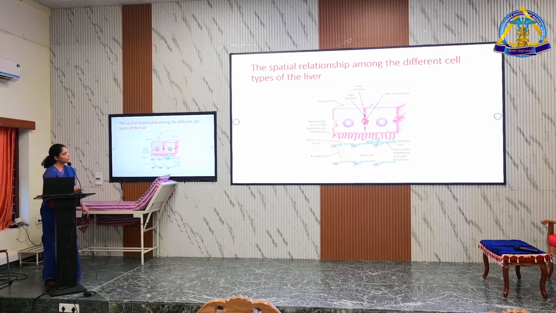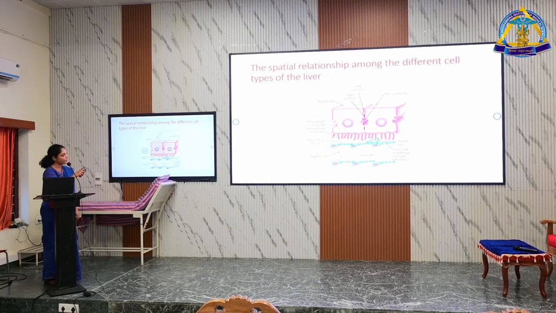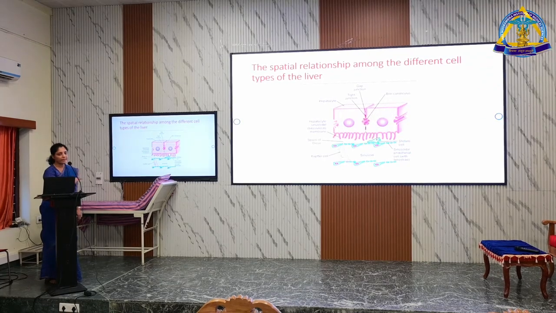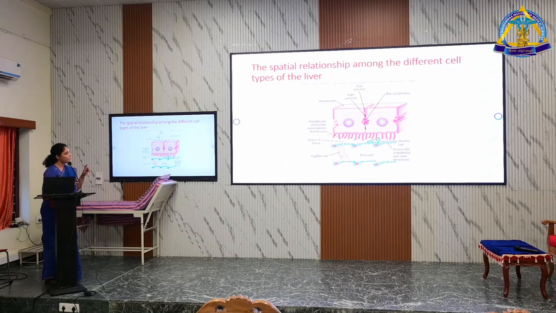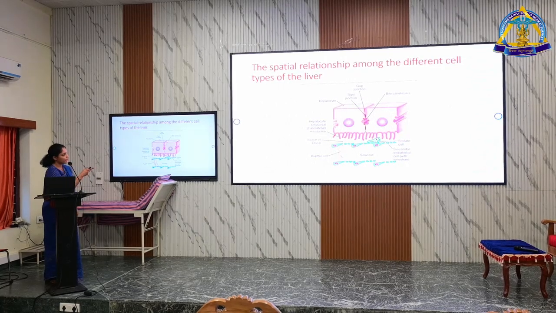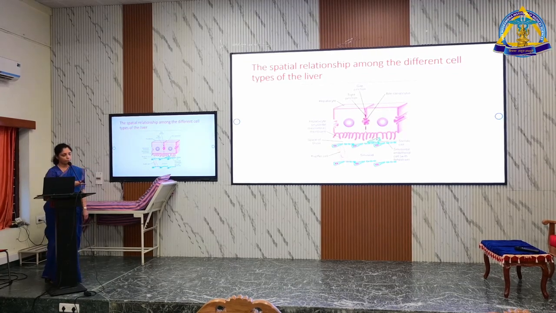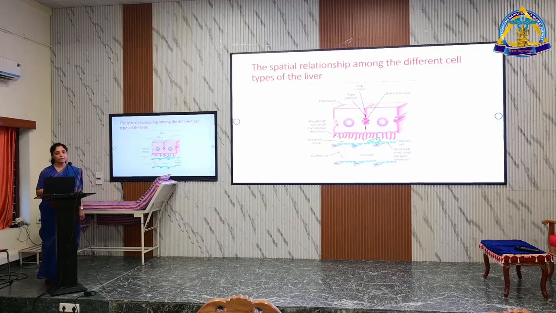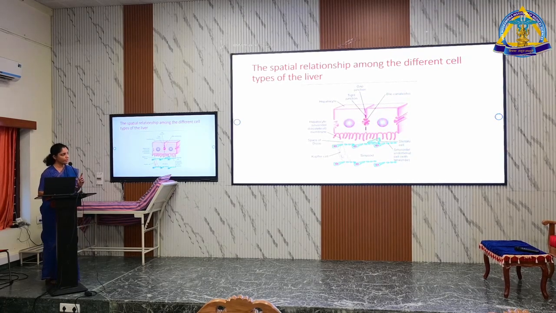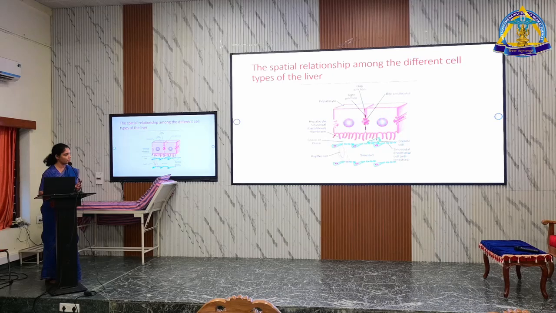So the sinusoids, usually when you see in a healthy liver, the sinusoidal endothelial cells are fenestrated. That means they have small gaps in between, and that is what ensures a fine transportation of materials between the hepatocytes and the blood. And you can see that in the blue cells, with the fenestrae, just outside the cell, that is called the space of Disse. And the space of Disse contains a very important cell that is called the hepatic stellate cell. When there is a healthy liver, these stellate cells will be quiescent. That means they will not be active. And what happens when there is a prolonged insult is,